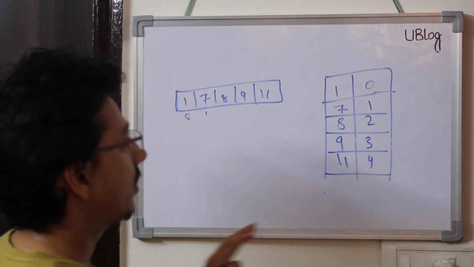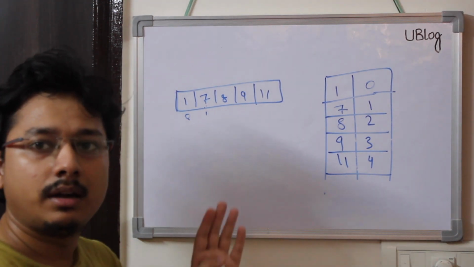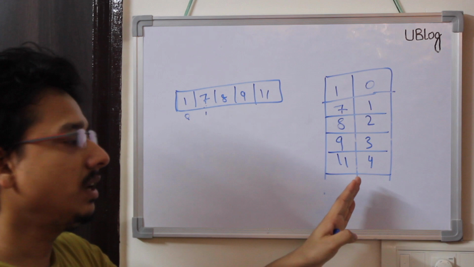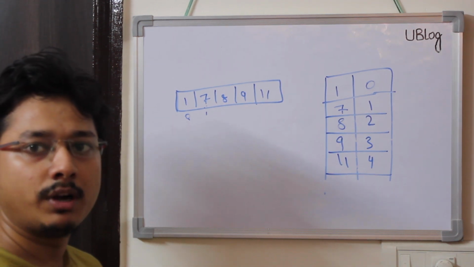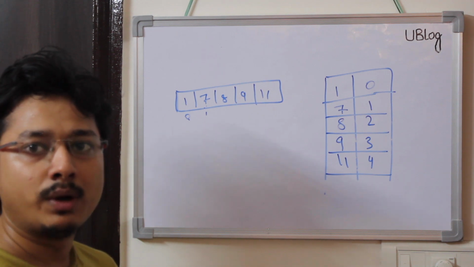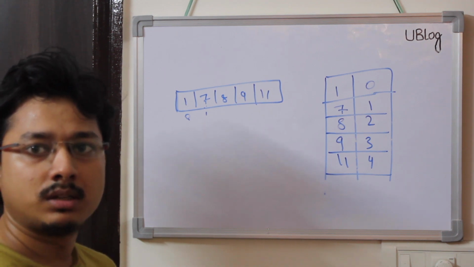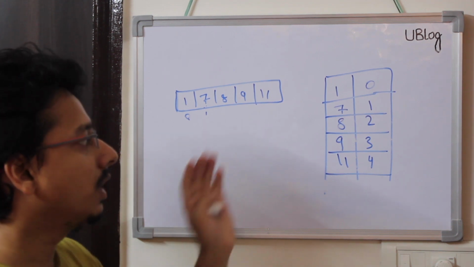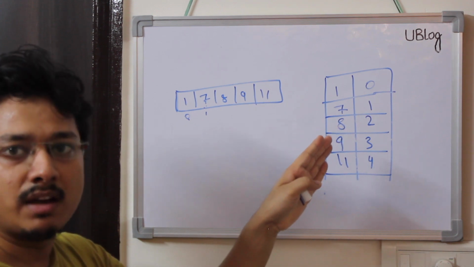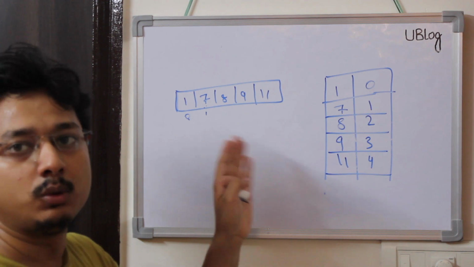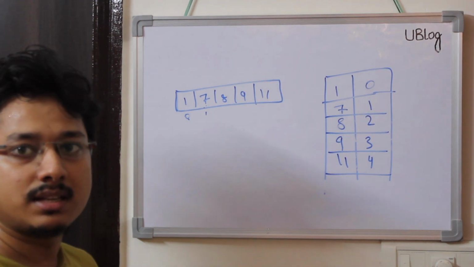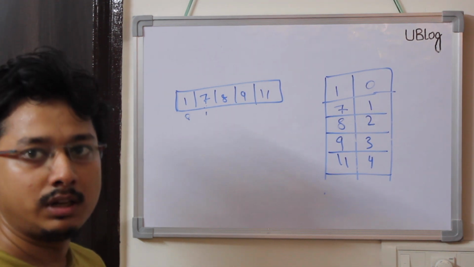So basically now we have an array and a corresponding implementation in a hash map. Whenever I need to do an insert, a search, or a delete, I can use the hash map to do that in O(1) time, and whenever I need to do a get random, I can use the array to do that operation. So let's see if we can easily fulfill all the use cases.